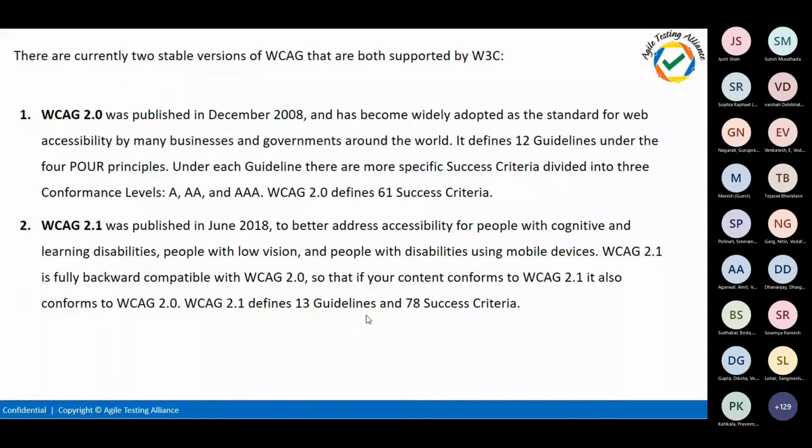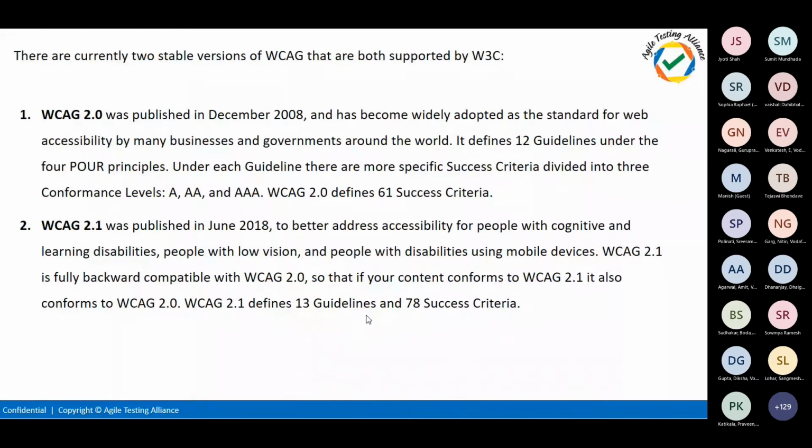Cool. So when it comes to WCAG, we had WCAG 1.0 and 2.0, and right now we have 2.1. When we talk about WCAG, there are three levels: level A, level AA, and level AAA.